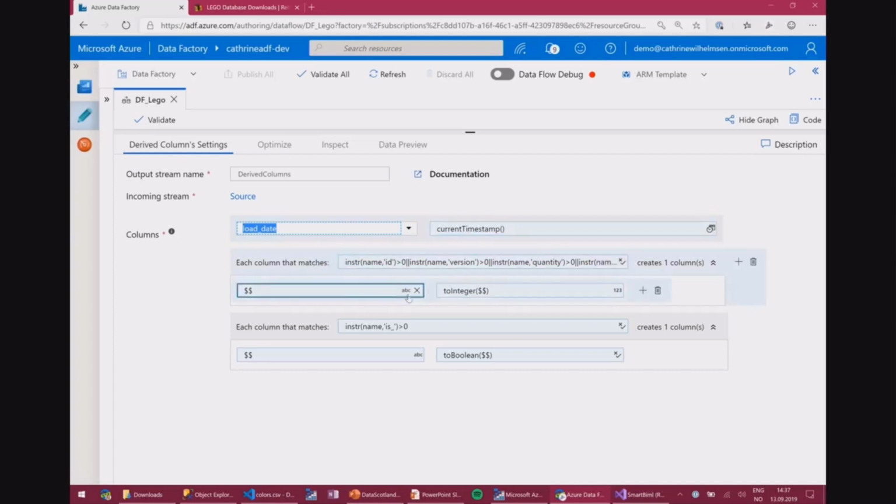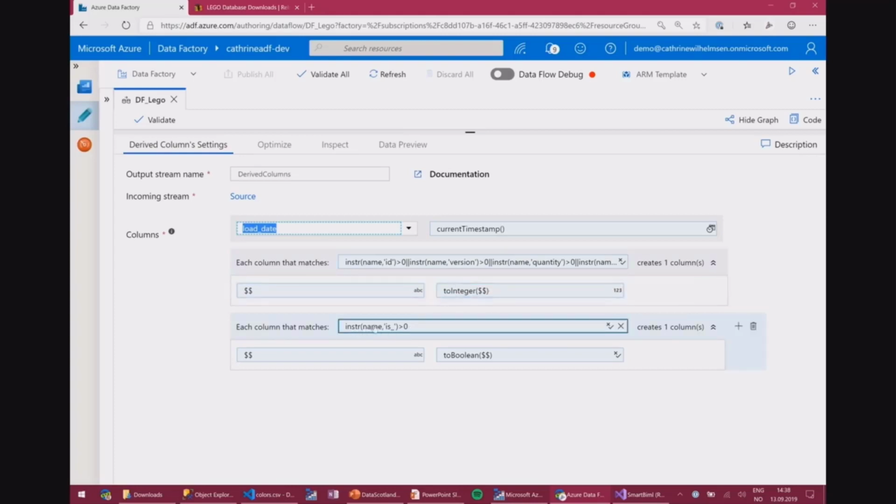And then I'm working with the column patterns in here to change the data types. So for each column that matches, and I have an expression there that we'll quickly go through, I want to use the existing column name. That's the $. Again, this is an expression language that you do need some hands-on experience with, but I want to cast it as an integer.